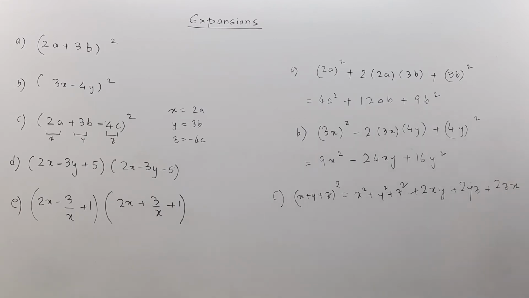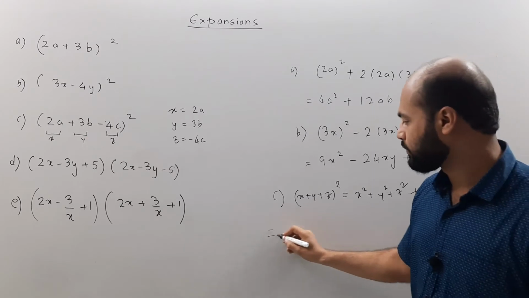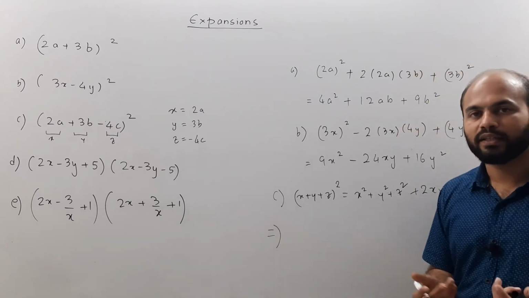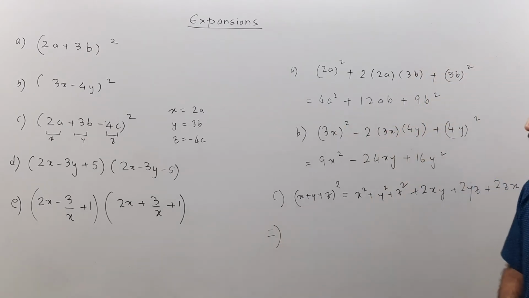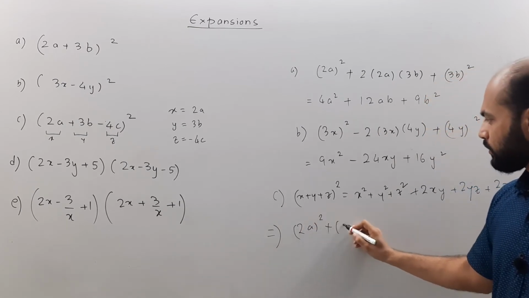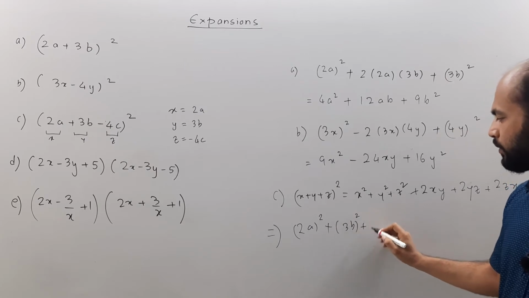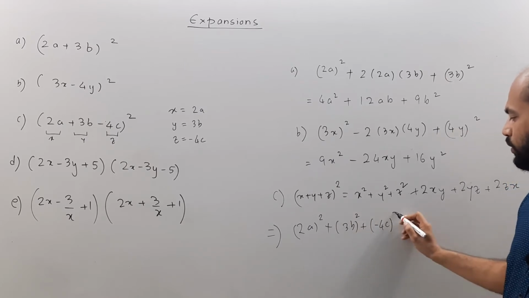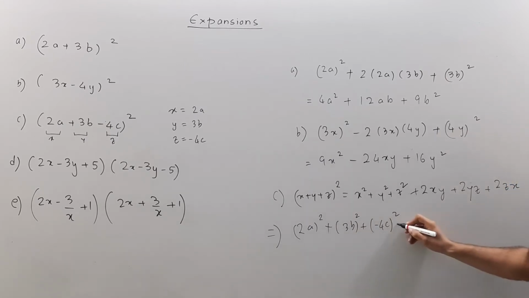Now let's expand this. I am substituting the values of x, y, z that I got. So it would come out as (2a) the whole square plus (3b) the whole square plus (minus 4c) the whole square plus 2 times, I will multiply these two terms, I will get 6ab